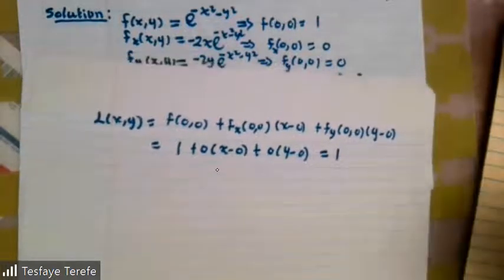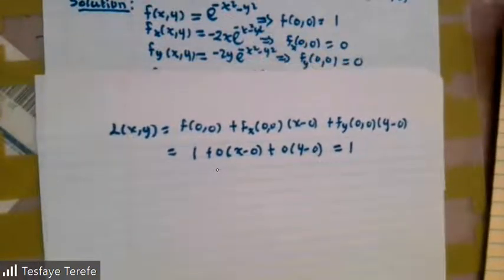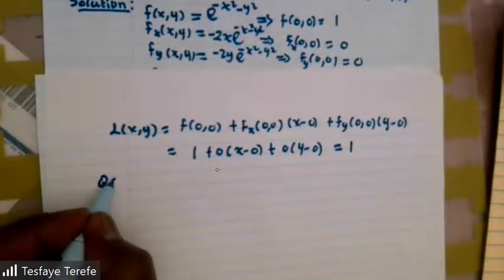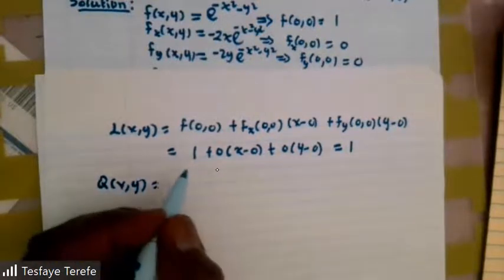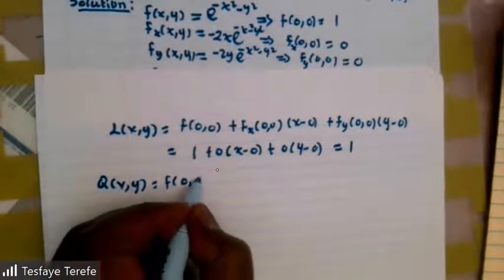So at the origin, this function has a value of 1, which is really a constant. In that neighborhood, whatever value you put, the value is going to be near 1. Whether you are putting x equals 0.09 or 1.001, still the answer for y is 1. All right, the quadratic approximation. Yeah, this is a little bit too much, but